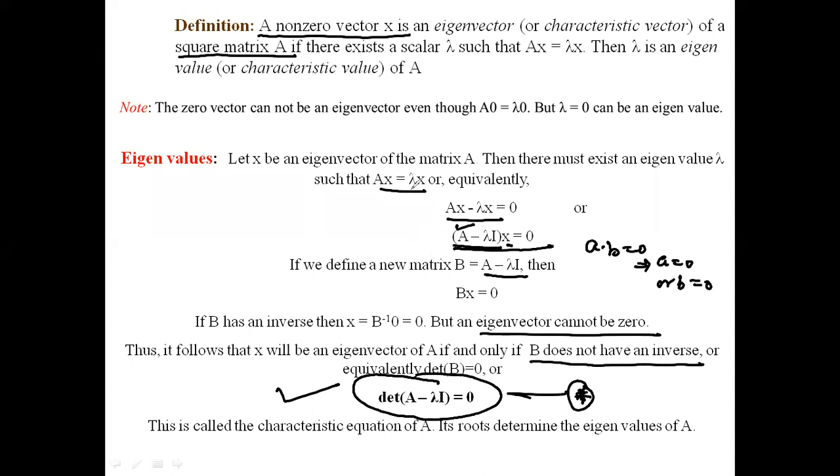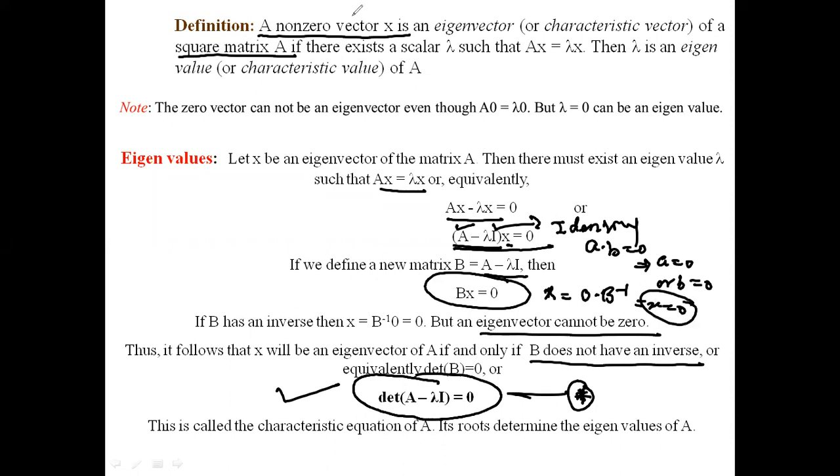So simply, very simple. When we have this condition Ax minus lambda x, I shift it to the other side. I can take x common out. Here lambda is in matrix form, that's why I is nothing but the identity matrix. So A minus lambda I, I just use Bx is equal to 0. If B has an inverse and I multiply by B inverse, what am I getting? Bx is equal to 0 times B inverse, so I'm getting x is equal to 0.